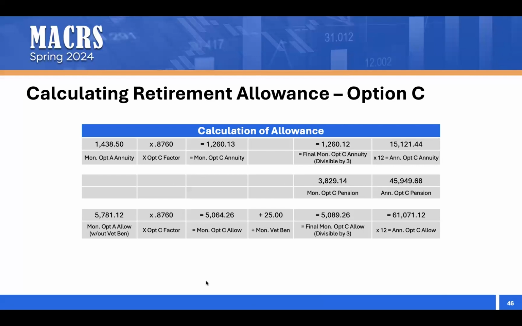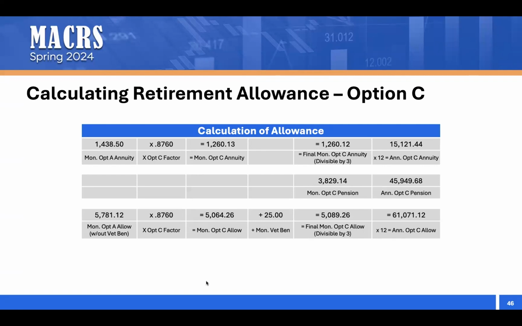The resulting product, you want to make sure it's divisible by 3. So for the annuity, the monthly annuity under option A was $1438.50, multiplied by the option C factor of 80.8760. That multiplication results in a monthly option C annuity of $1,260.13. That's not divisible by 3. To get it divisible by 3, we're ultimately going to take a penny away. So the final option C annuity would be